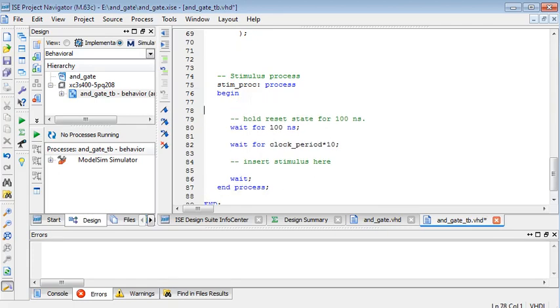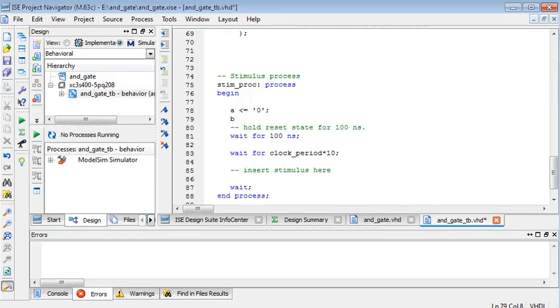So what TestBench file will do, it will assign inputs to the input pin. So for AND-Gate, we will write first condition, both the inputs are 0. After writing a first condition, wait for 100 nanoseconds.